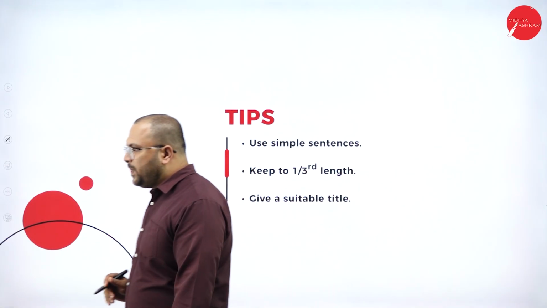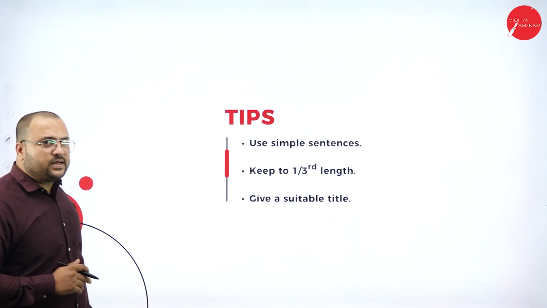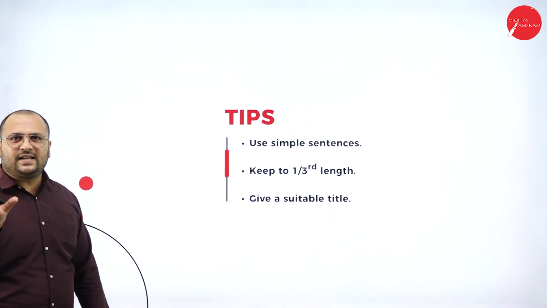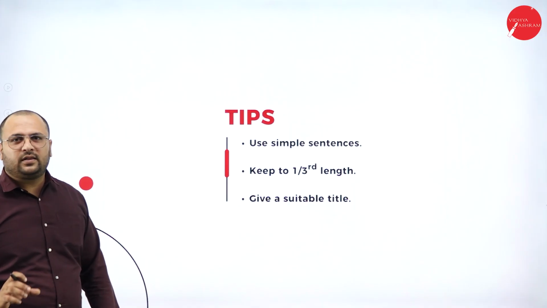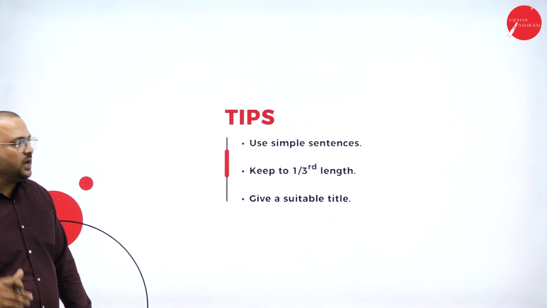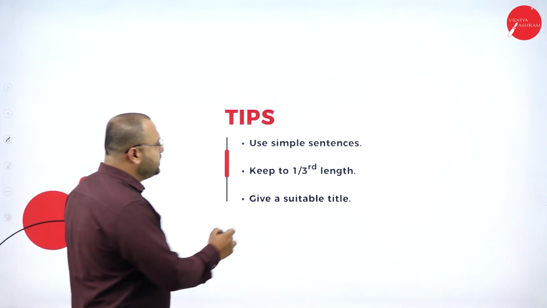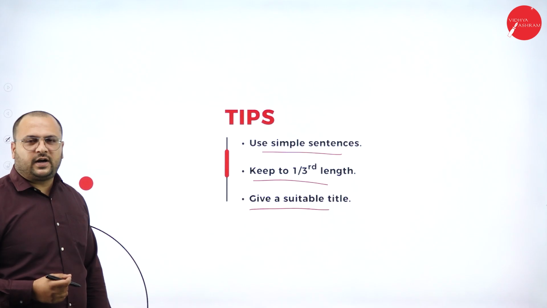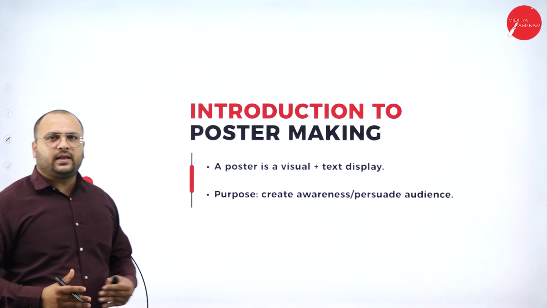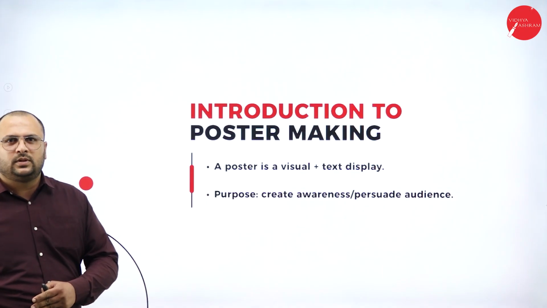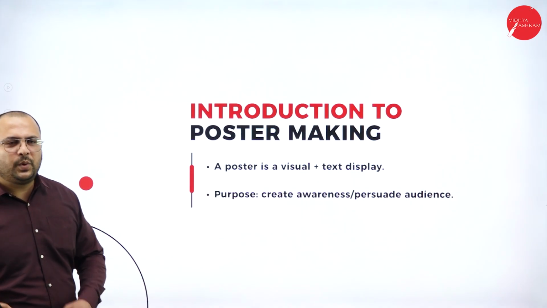Now, tips to write precise writing. Use simple sentences. Simple sentences will not confuse you. So reduce each sentence to its 1/3 length. Then you will get, as a whole, 1/3 of the passage length. So keep it to 1/3 length. Use simple sentences. Give a suitable title, like the satisfaction of hard work, etc. Now with all these things, where are we heading towards? Now we are bringing the number of words down to fewer words.